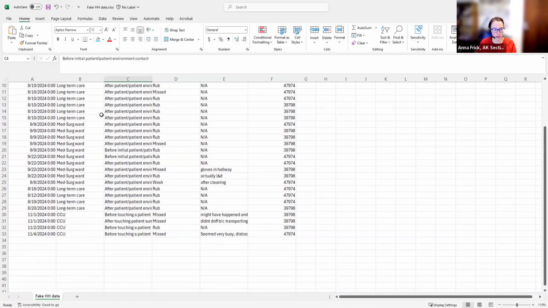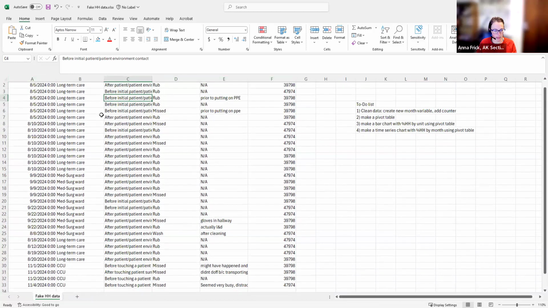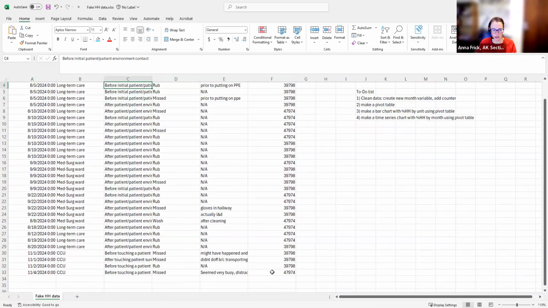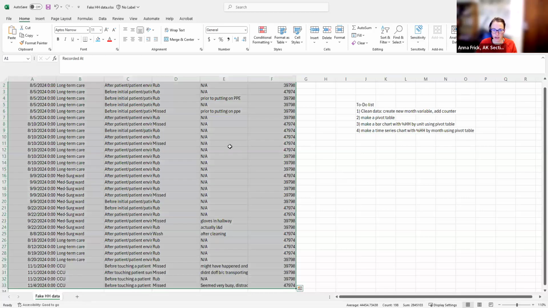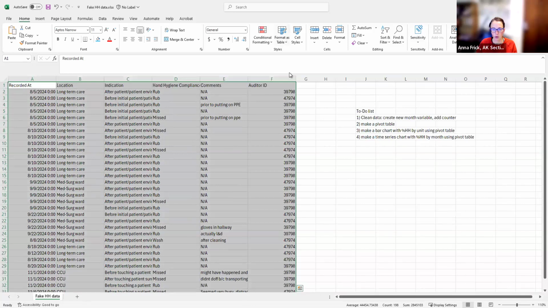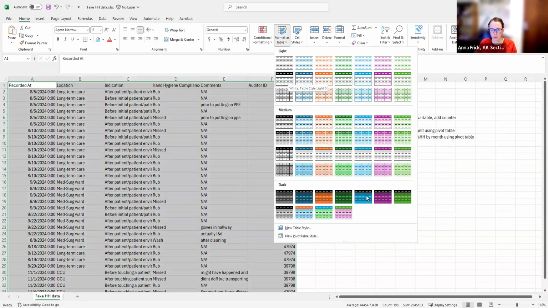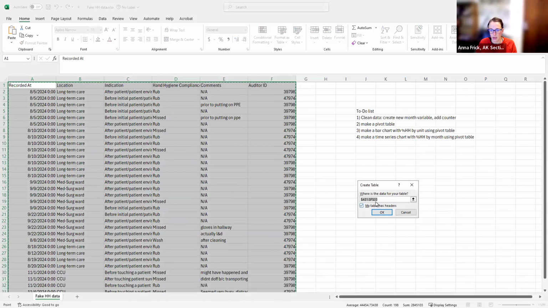So I guess the first thing I'm gonna do is I'm gonna scroll down to the bottom of my data and make sure I don't see anything missing. So that's good. So I'm gonna hit Control A to highlight all of the data in my table, and then I'm going to format it as a table. My table does have headers, which means that the top row contains variable names. So I'm gonna leave that box checked and then click OK.